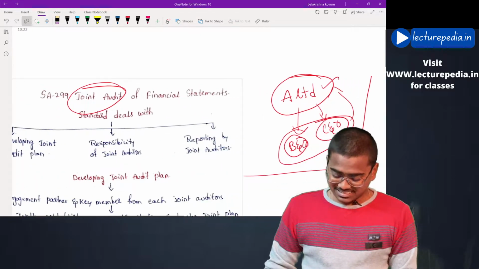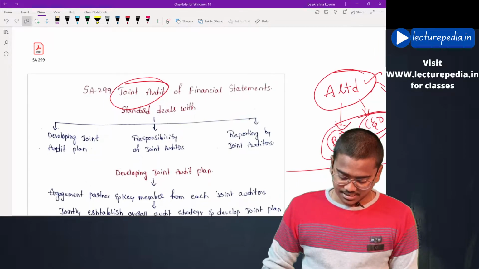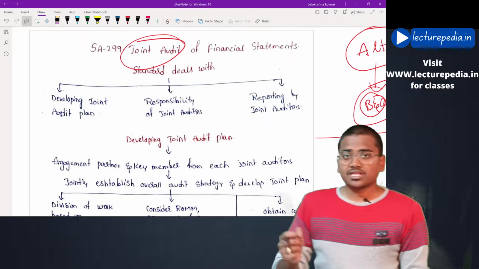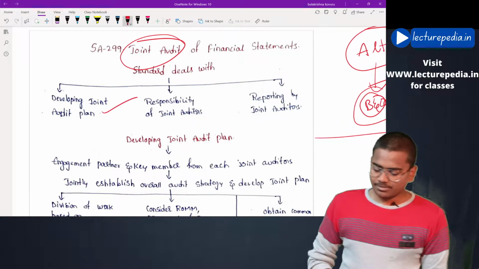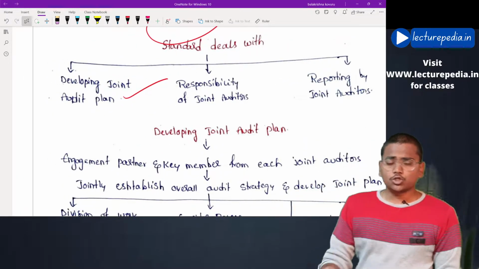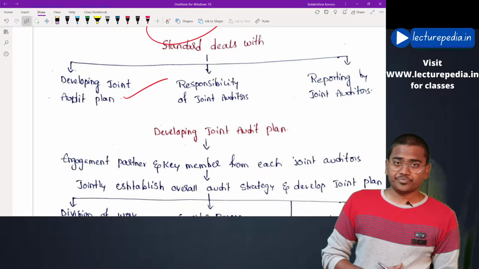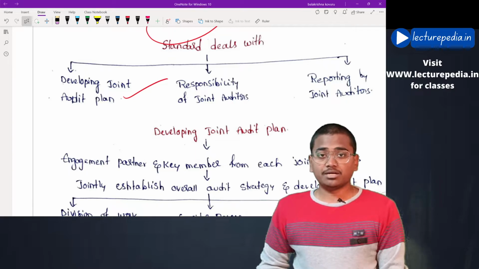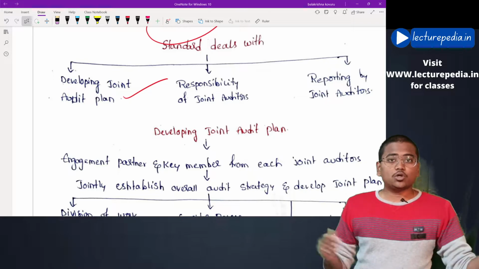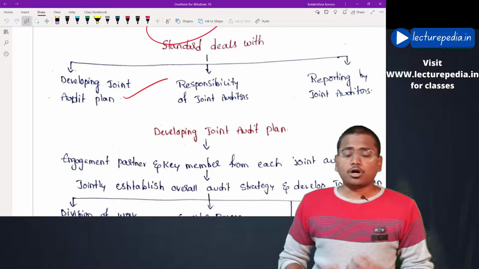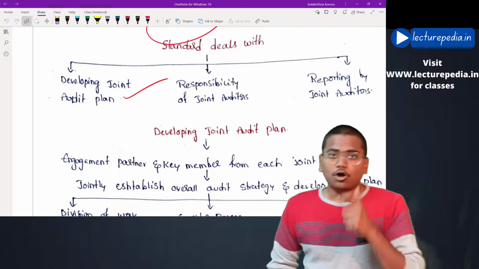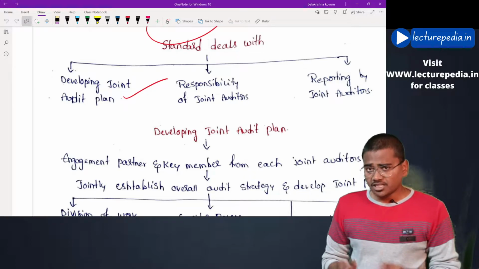Now, after understanding this, let us enter into the standard. First of all, this standard will deal with three aspects. First one, development of joint audit plan. Since two or more auditors are appointed to the entity, the audit plan has to be developed by all these auditors together. All these auditors cannot develop their own audit plan. All these joint auditors should discuss among themselves and should develop a single audit plan, because if each auditor